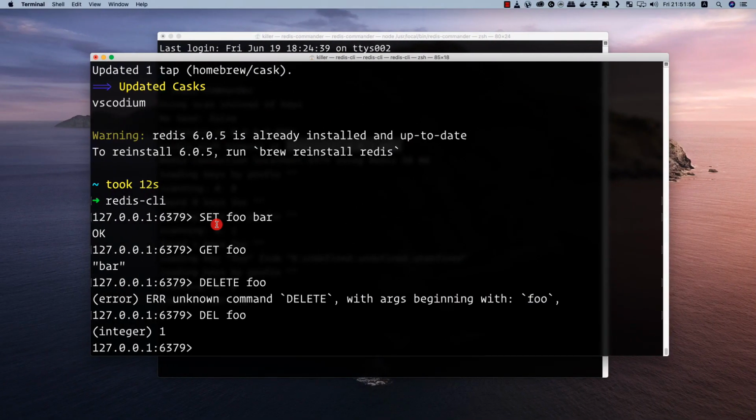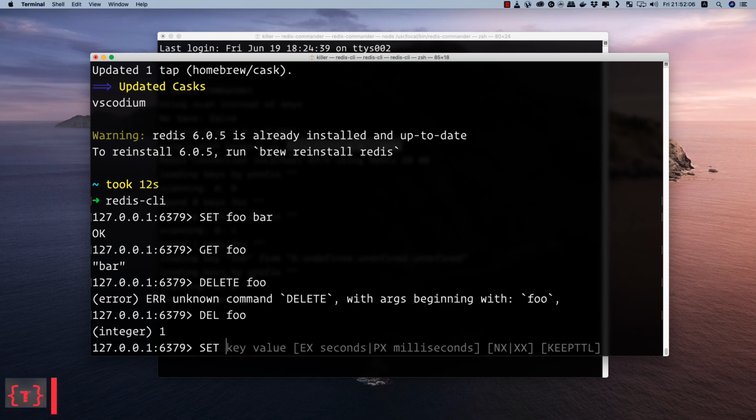If we want to set an expiration time to our key value pair, that is, we want to expire a key after a certain period of time, then what we can do, we can simply use this thing here, that is set. The key would be foo, the value would be bar, and we want to expire it in how many seconds? If we use the ex keyword here, then it takes in seconds here. And then if we provide in the px, then it's in milliseconds, and so on and so forth.